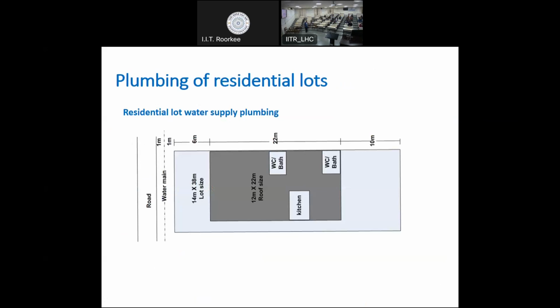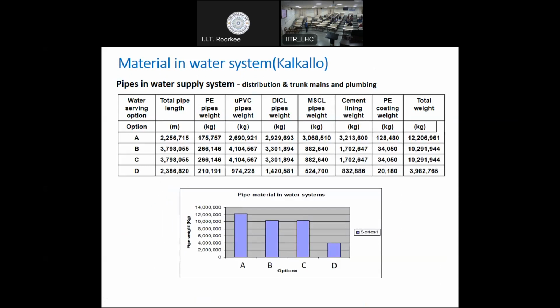So this was the size of that one single lot, or the allotment of the land or the block. We conceptually designed what is going to be the roof area, the land for garden and all those, and where the kitchen will be, where the water closet will be, bath. So we conceptually designed based on some of the already available local information. Okay. So based on that, we designed the plumbing networks. There are guidelines available for designing the plumbing network. Okay. So based on that, what we found is that in different water servicing options, we talked about 4 options,